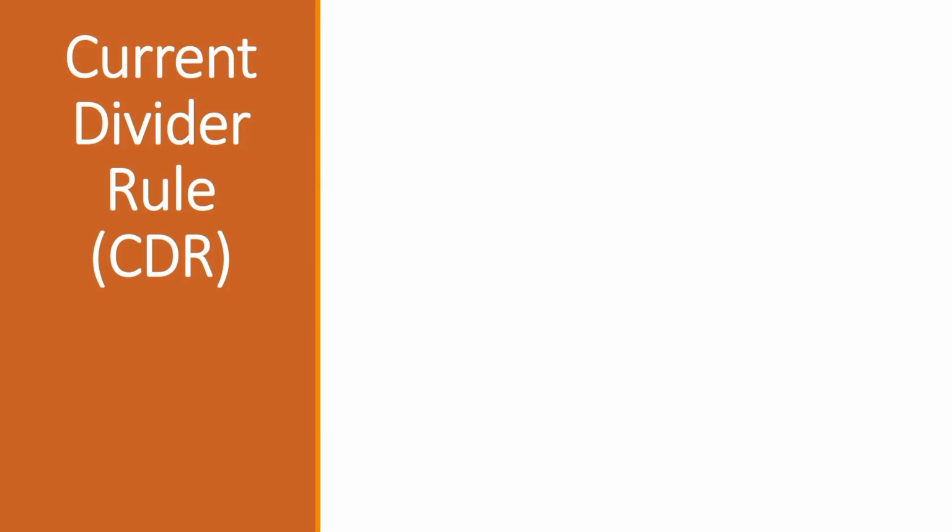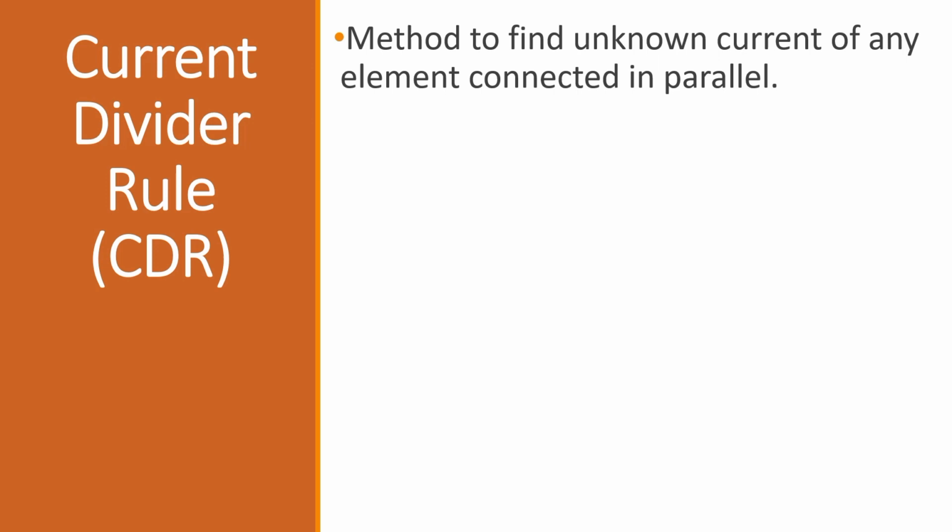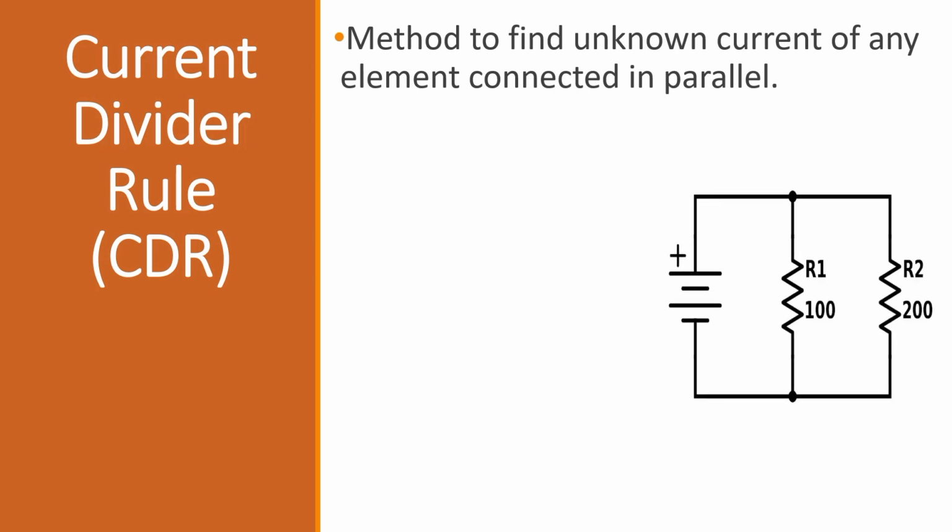Current divider rule. It is the method to find unknown current of any element connected in parallel. It is used when there is no clue of voltage. Now look at this configuration. Here there are two resistors that are connected in parallel, and we know that for resistors that are connected in